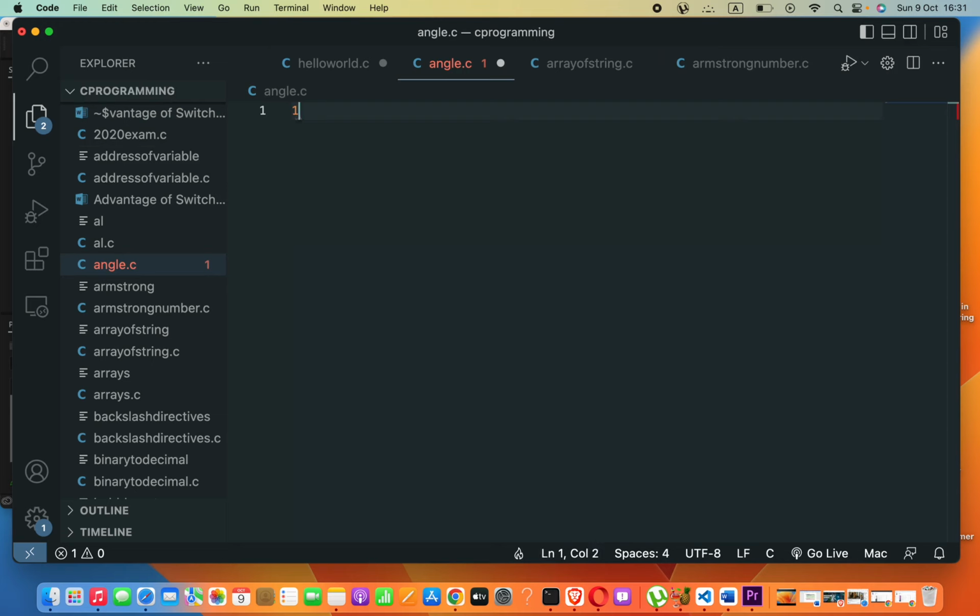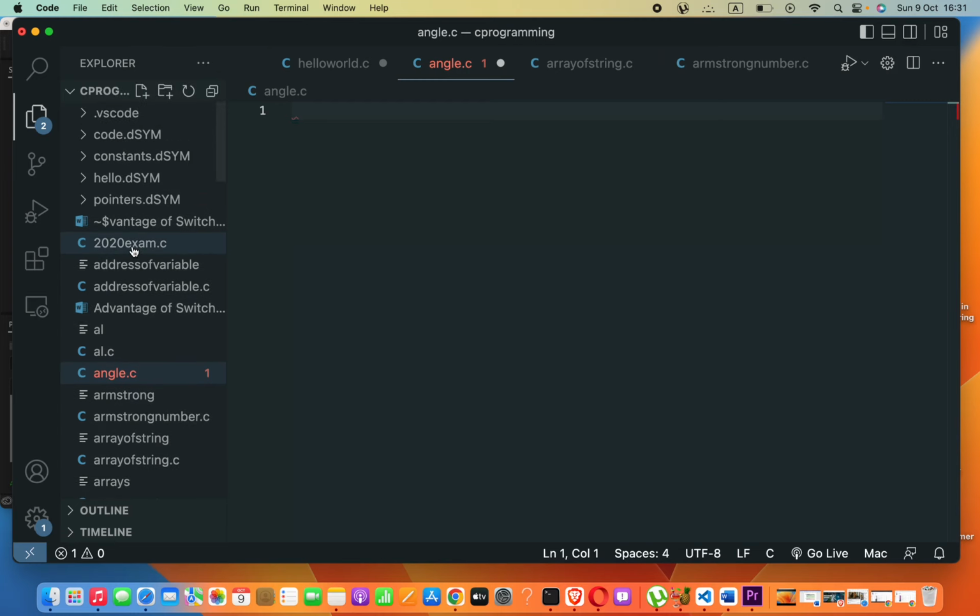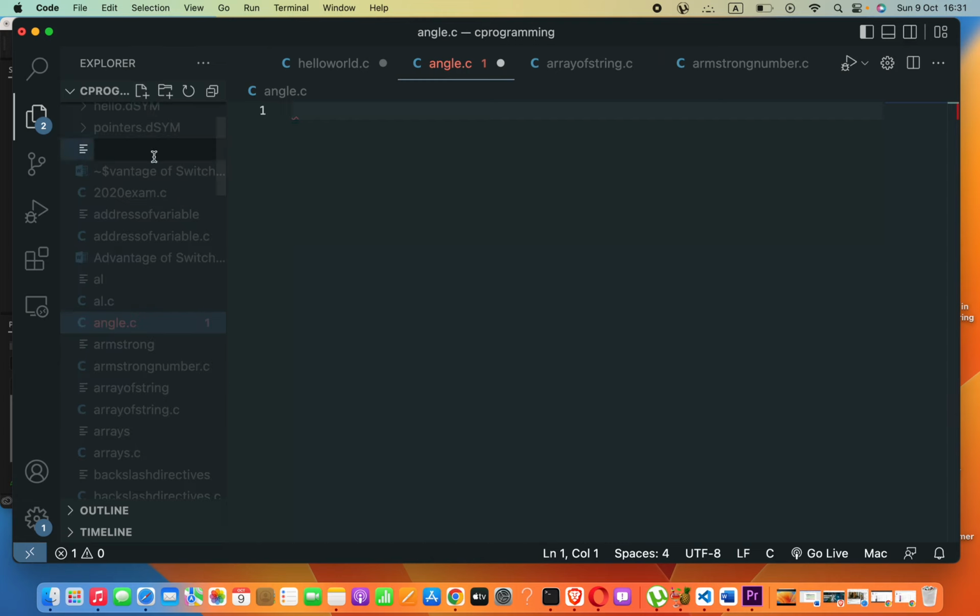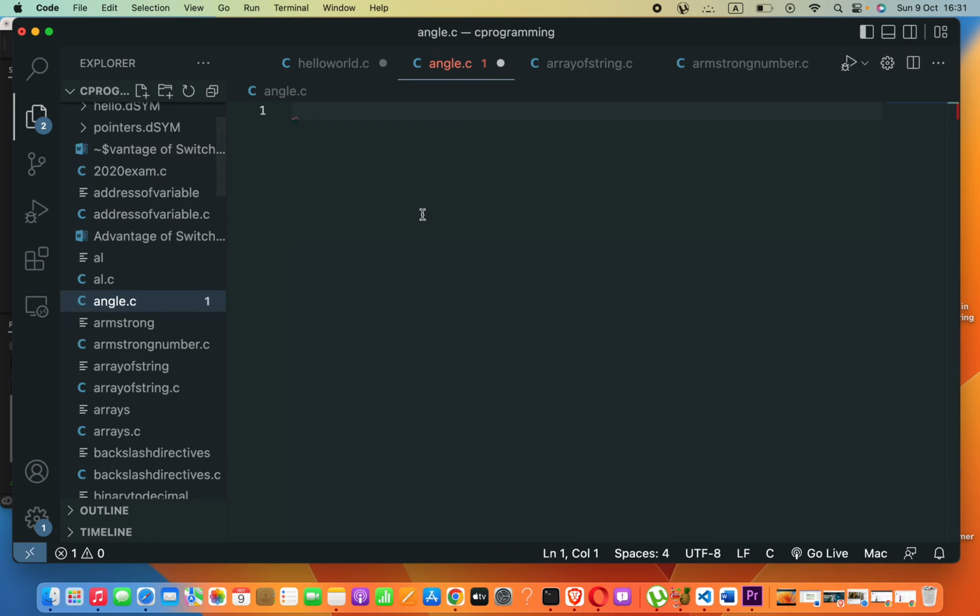Okay, now we are going to create our C program file, in your Visual Studio Code or C programming IDE, you can use anything. Now we are going to create an angle.c file. I have already created that file. Then what we are going to do is just say